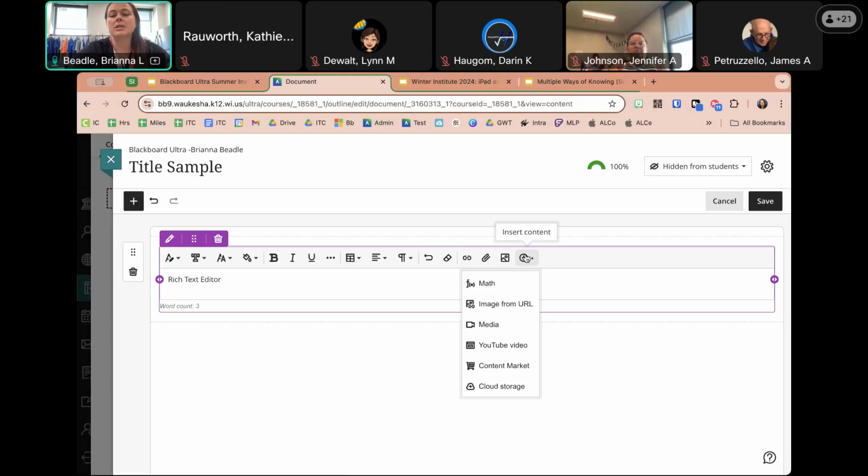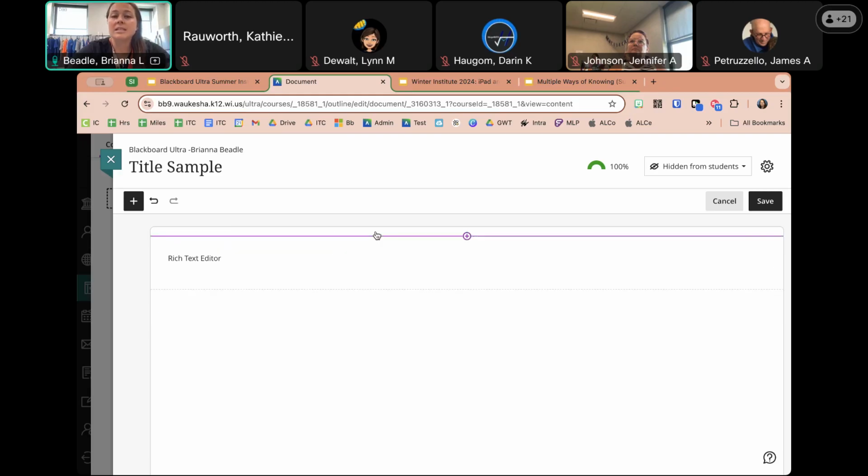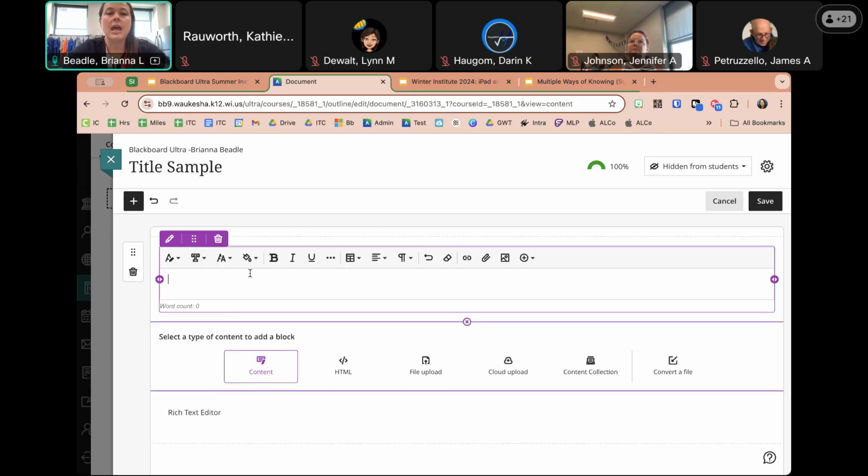And then the plus button is where we can add in a lot of those other features that we are familiar with from Blackboard Classic. So you have your math editor, you have images from a URL, media, YouTube videos, all of those are within here. Something that is still relatively new to us is as I add more content,